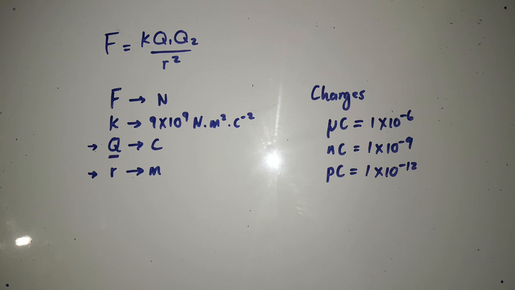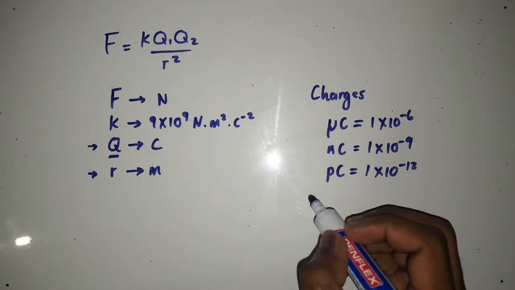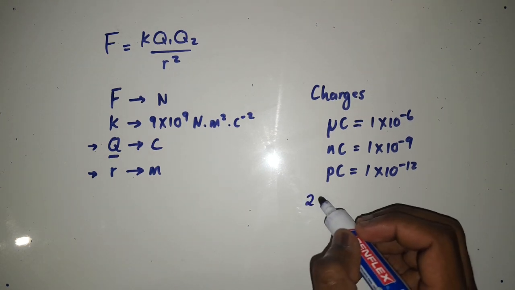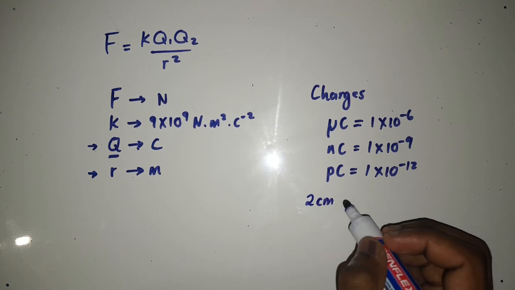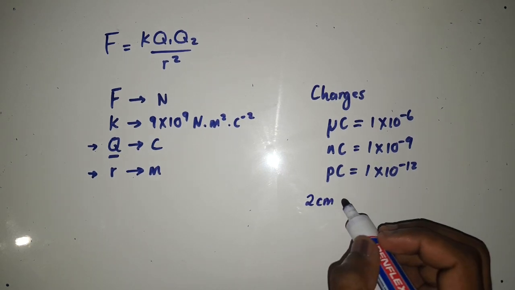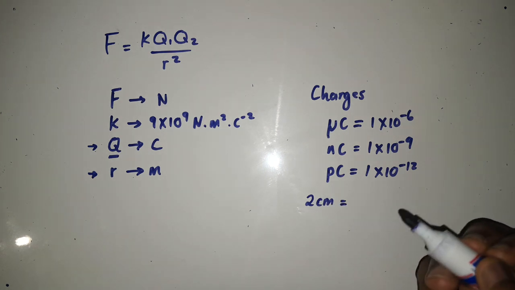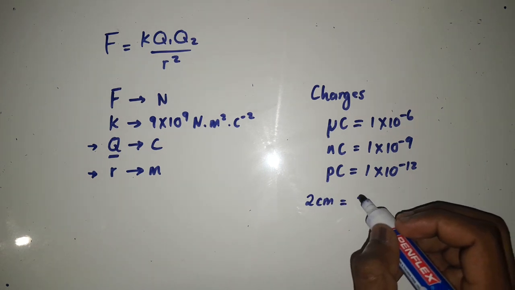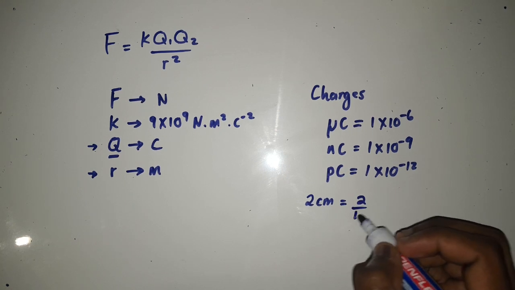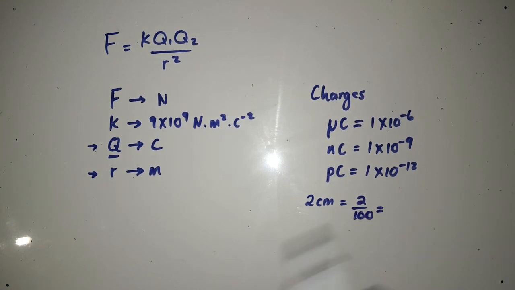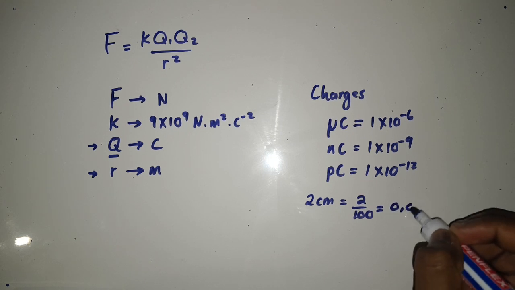But what is going to happen if, let's say, I have 2 centimeters? To move from 2 centimeters into meters, we are going to divide this number by 100. It's like we are going to say 2 divided by 100, which is, I know you already have your calculator with you. We get 0.02